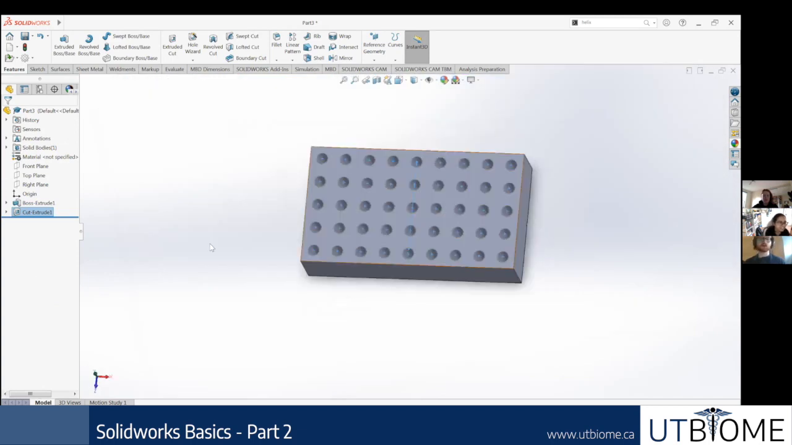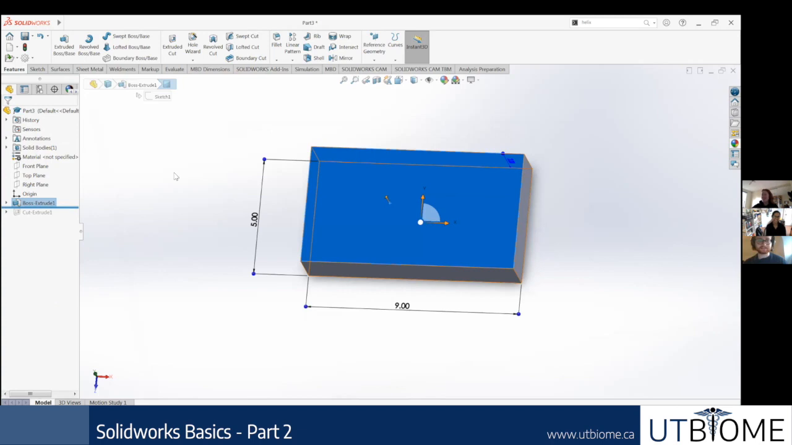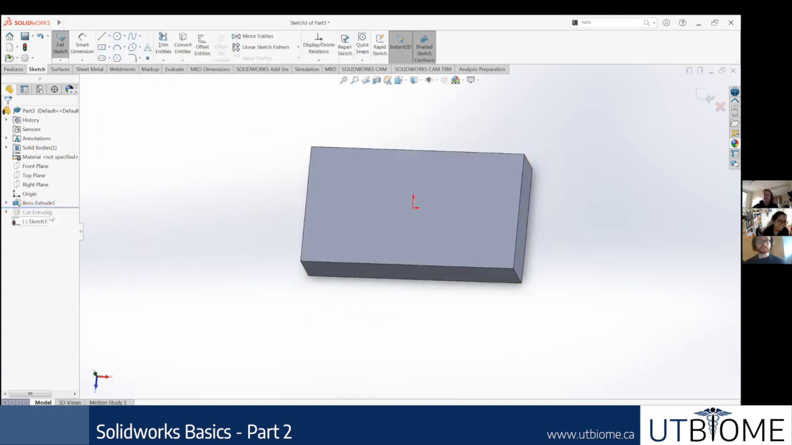And so I'm going to show you another way to do this. Oh my God, that's like a pipette tip holder. Yeah. Hey, you're getting creative already. Exactly. Okay, so now if I go and sketch on this face again, this time I'm only going to